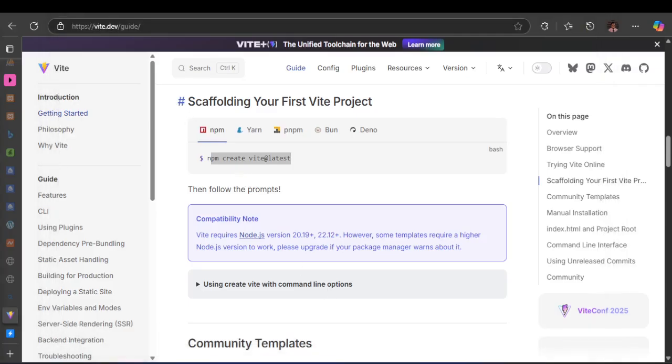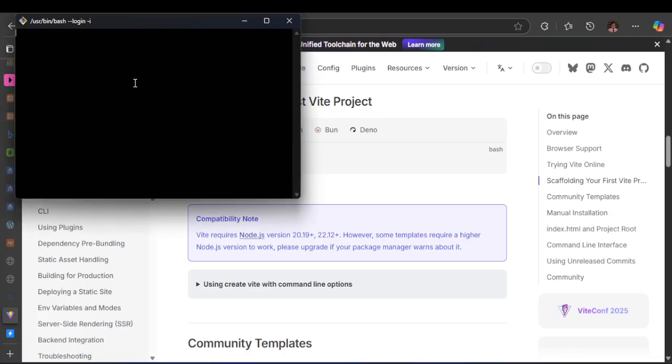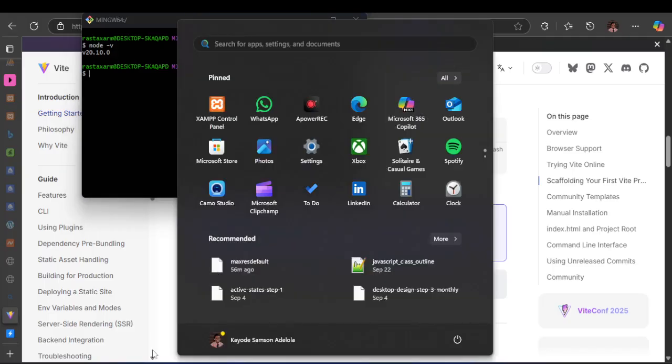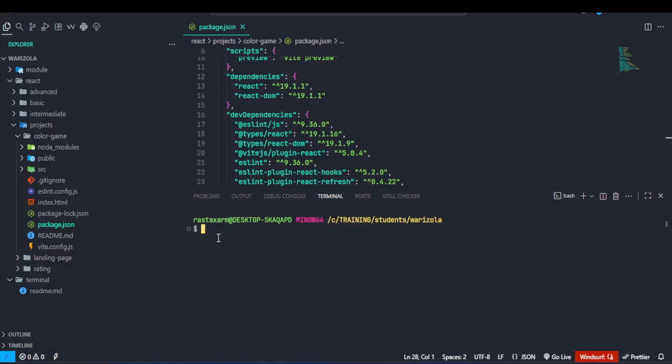Exit. Let me see if it works. So node v. It's still not changed. Alright, since the stuff has switched to node 22, what we just need to do is